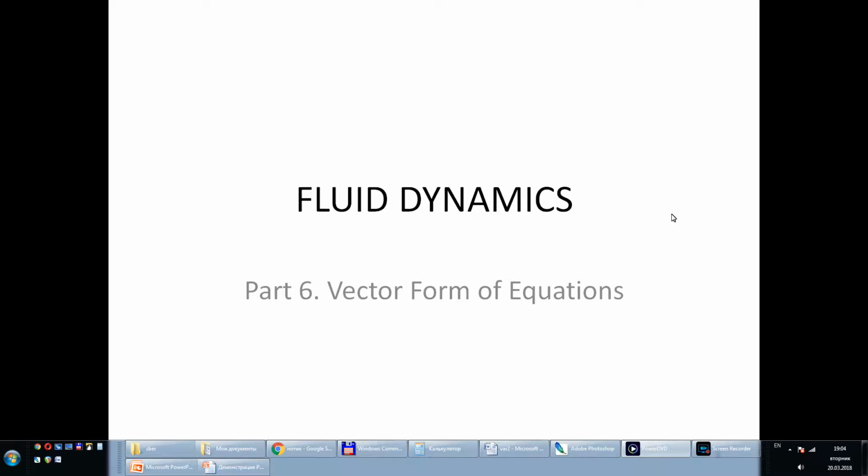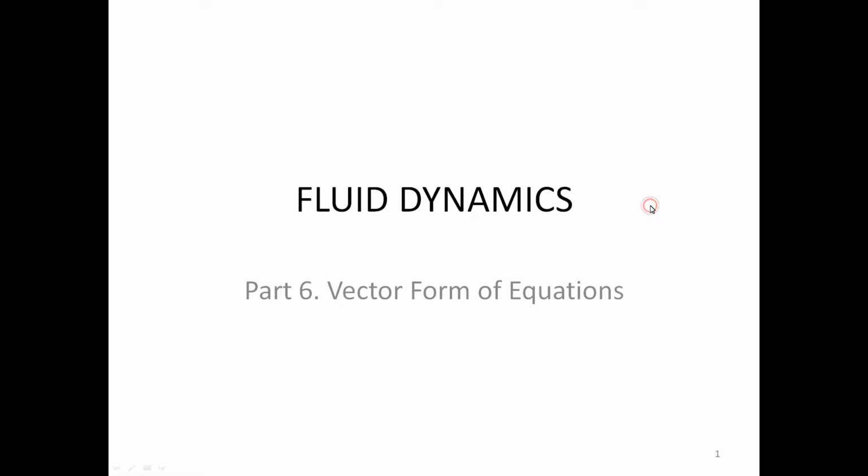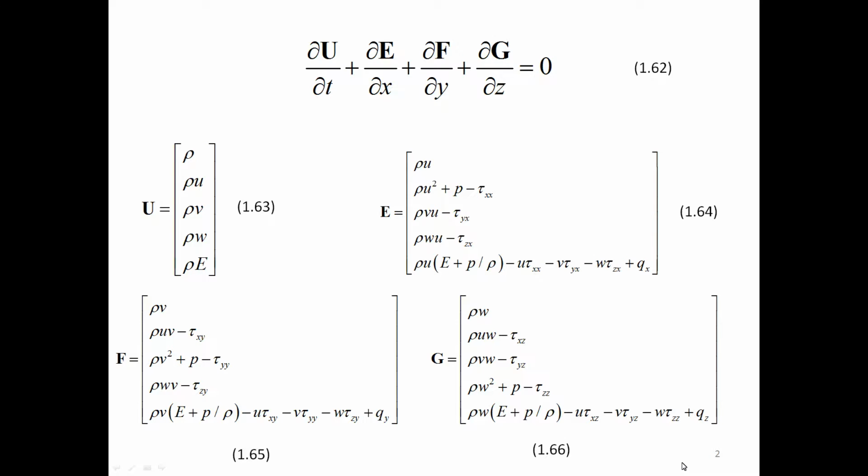Vector form of equations. Before applying a numerical algorithm to the governing fluid dynamic equations, it is often convenient to combine the equations into a compact vector form. For example, the compressible Navier-Stokes equations in Cartesian coordinates without body forces, mass diffusion, finite rate chemical reactions, or external heat addition can be written in the following form: